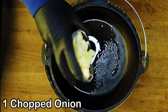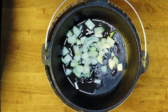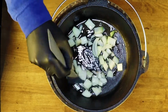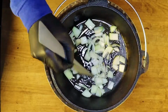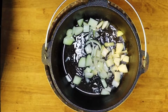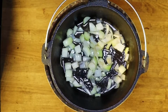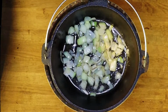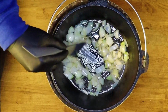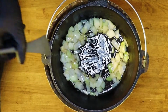One chopped onion. I'm just going to cook this onion until it starts to go translucent. We don't want any colour on it as usual. We don't want to add any bitter taste to the stew. After a couple of minutes, once the onion has started to soften, I'm just going to move it to the